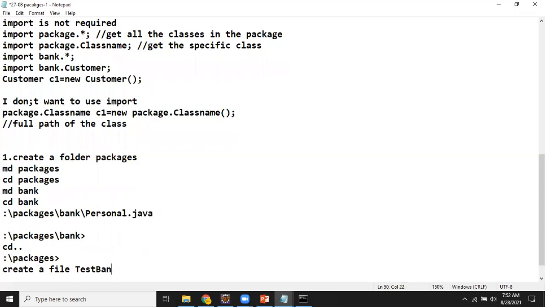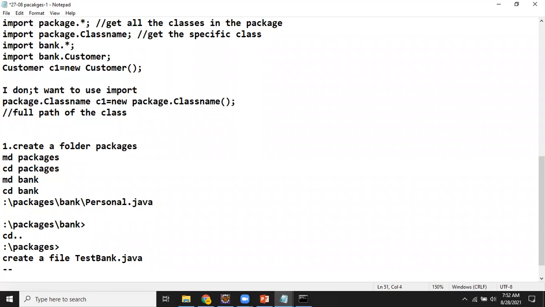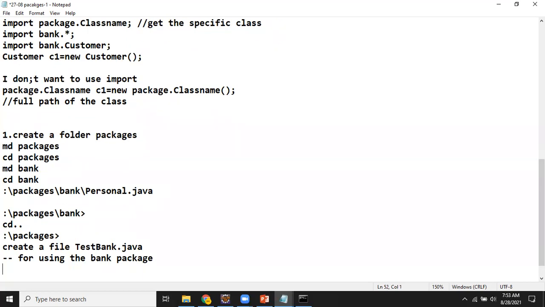We are going to create a file called testbank.java. This is the file we are going to use for testing, I mean, you are going to use the bank package now. This is for using the bank package. If you look, two of my files are there. One is in the personal folder, sorry, in the bank folder.